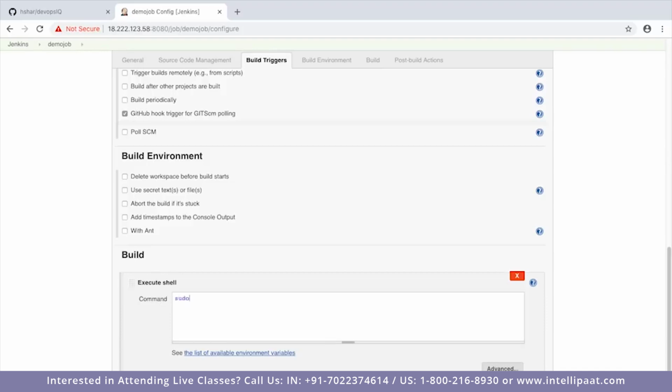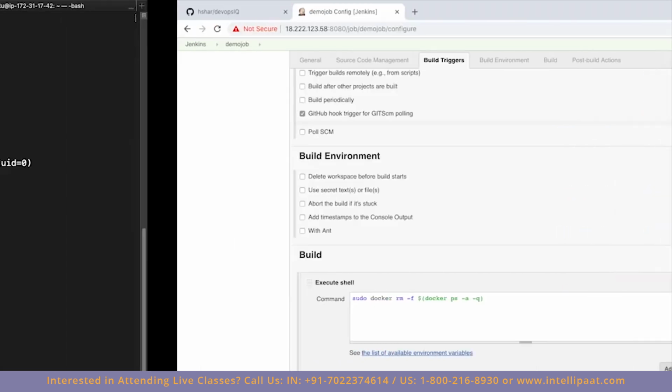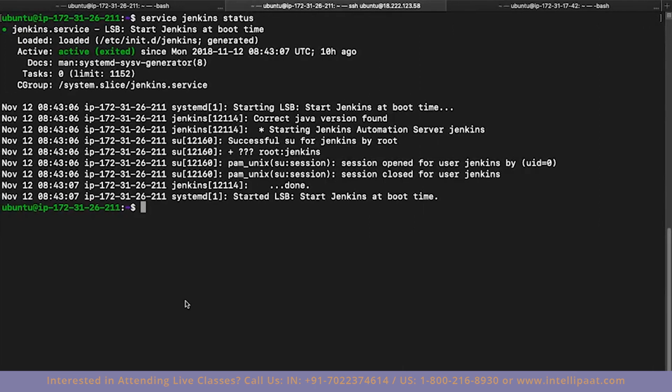So for that I'll say sudo docker rm -f, then a dollar. This basically is going to clean all the containers which are running currently in the system. Once this is done, I want to build my container, which is going to have my website. All right, now how can we do that? For that, I'll have to push the code to my GitHub, which will have the Docker file as well. So we created a Docker file inside